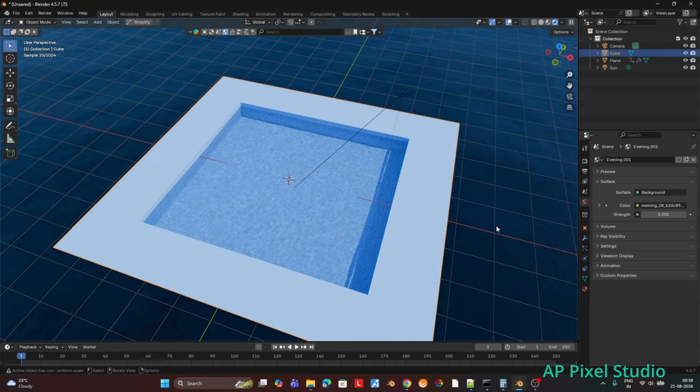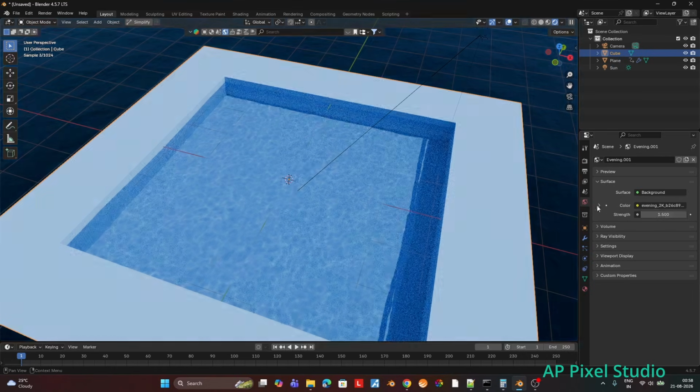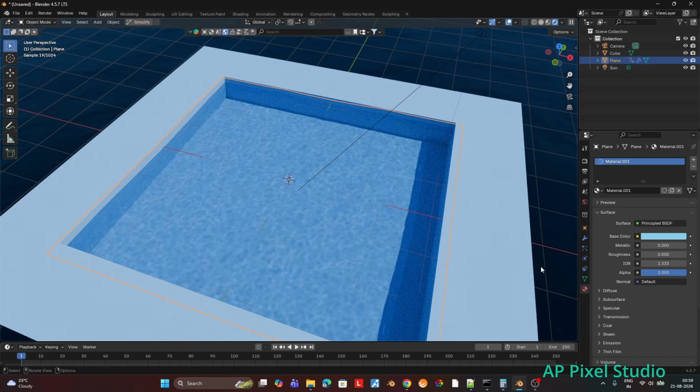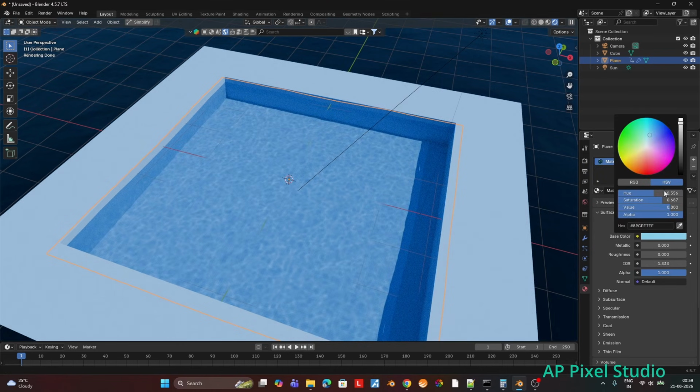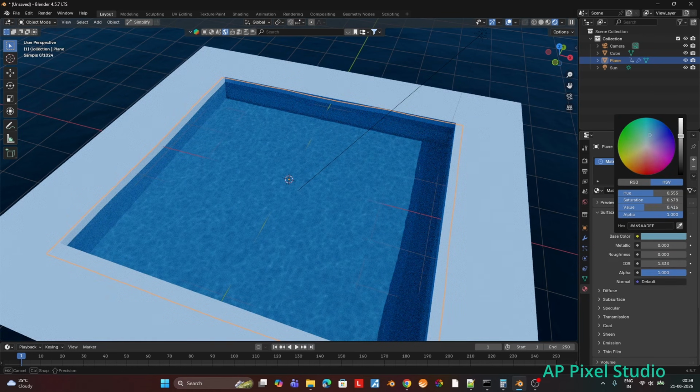I think 1.5 is good for us as of now. We can check later. And we will change the IOR of the water to 1.33, as the IOR of water is 1.33. We can also change the color to see if that helps, but that doesn't help much, so we can keep almost the same color.